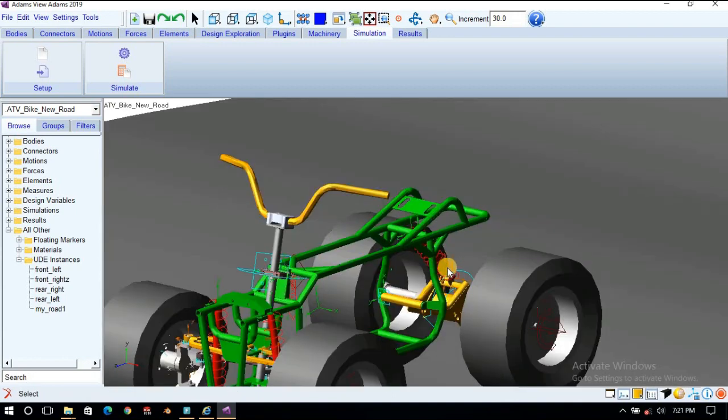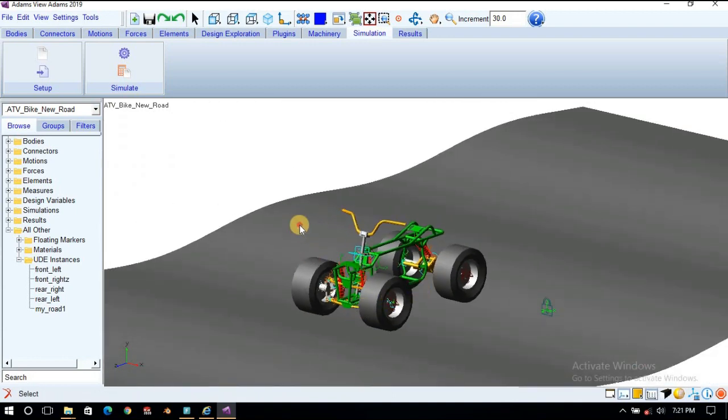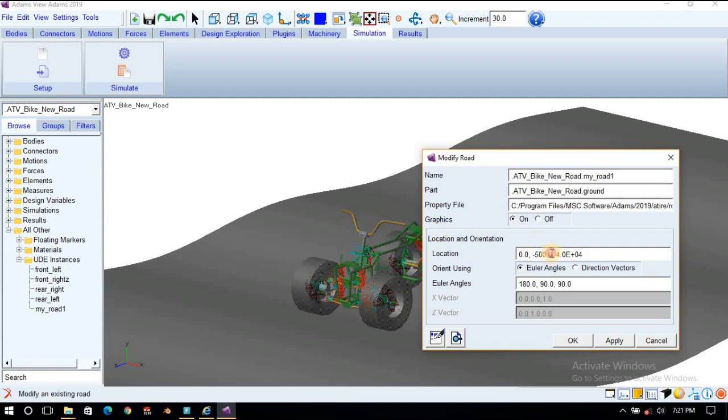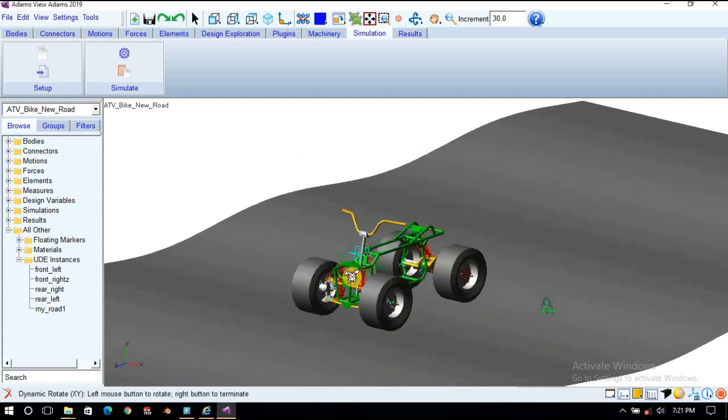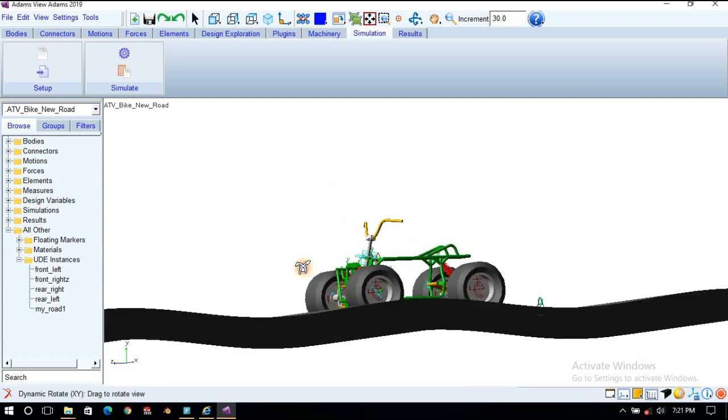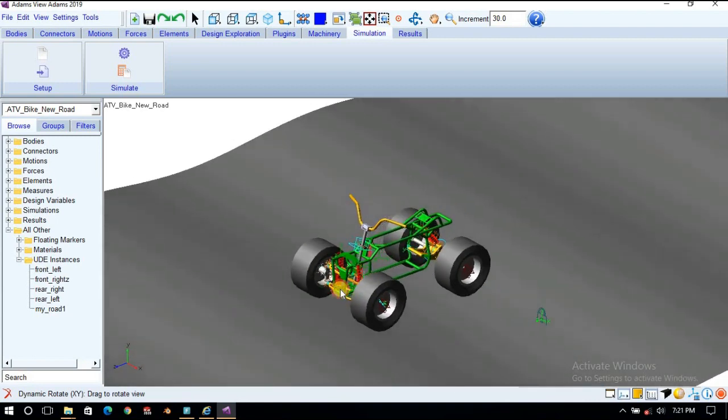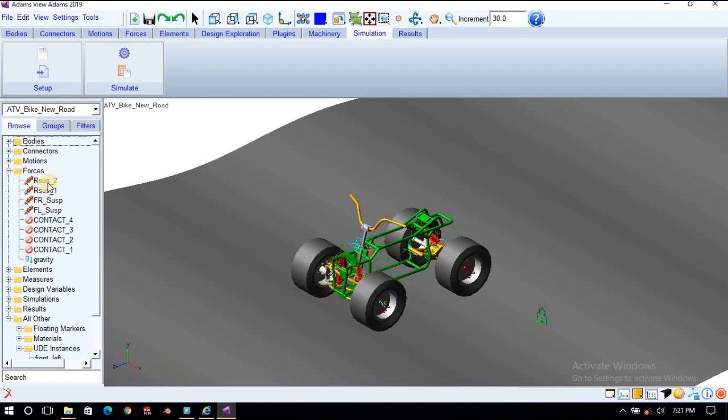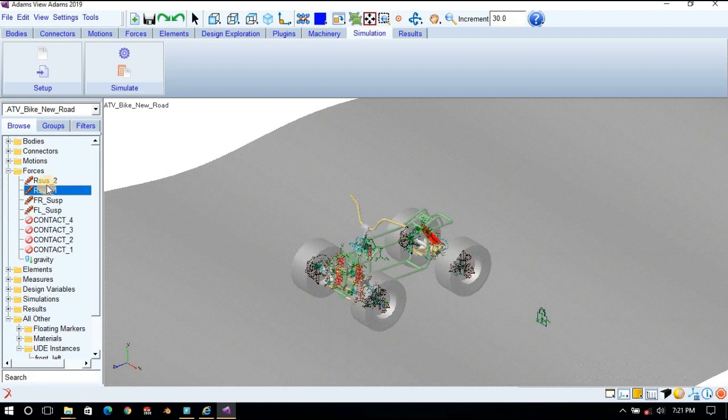So what we'll do, we'll lift the tire road location a little bit, -455, let's say, so that if it is falling from a large distance, there can be appropriate behavior. And in the forces menu, these are the springs, rear suspension 1 and 2.